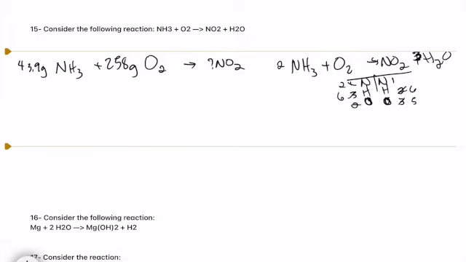And so now I'm going to look at putting a 2 in front of NO2. And so now I'm looking at 4 plus 3 is 5, 6, 7 oxygens. So looking at this, I'm not going to get to a nice pretty number with O2 there. So most likely now I know that I need to look into doubling all of these coefficients.